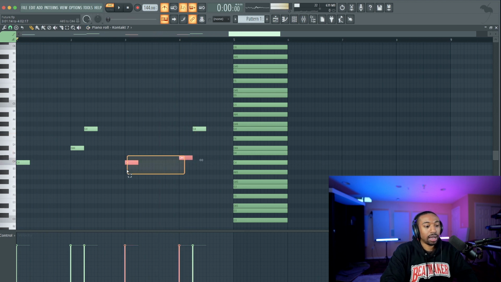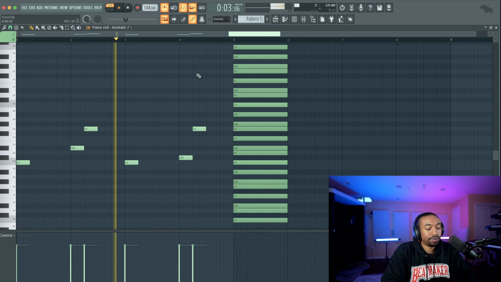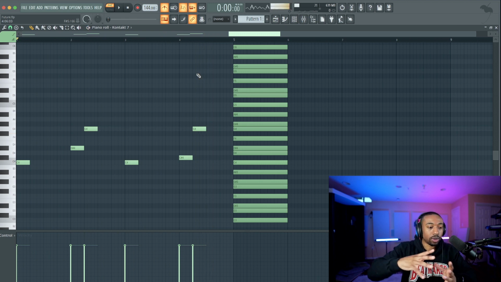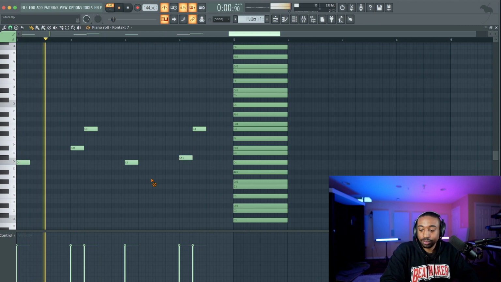Okay, so at the end, I'm going to add a half step. This gives it that bluesy sound, that trap sound. So we're going to go from C directly up to C sharp. That's what creates that turnaround feel, or the feeling of going back somewhere, by simply going outside of the scale, but on purpose. The trick here is to go from one note directly to the note above or below. It's called a half step.